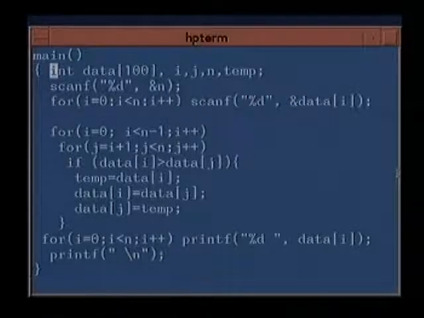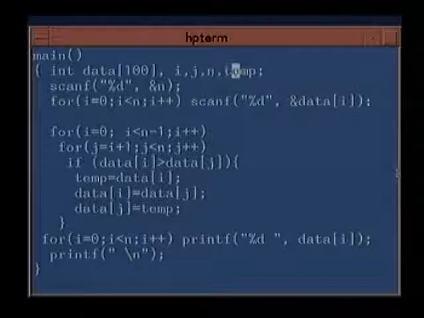So int data[100]. This means that data is an array of size 100 and it is an array of integers. The type is integer. i, j, n and temp. These are the variables which are declared.